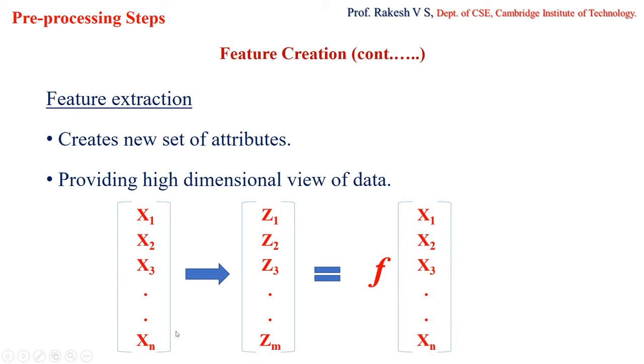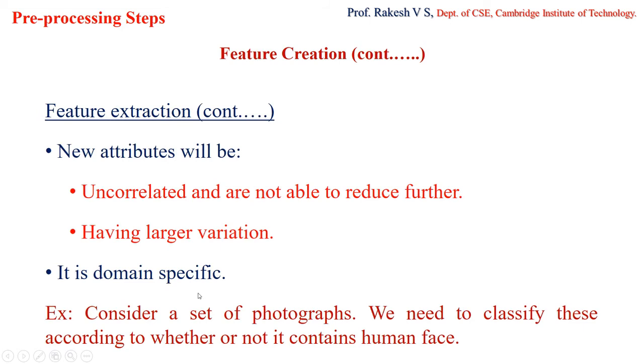So this is the original data, which is a lower level view, and this is the newly created set of attributes, which gives me the high level view. When I say low level view, high level view, we know that whenever the number of attributes is more, it means that we have detailed information, that is lower level view. And whenever the number of attributes is less, it means that some of the information is being lost, that is, we are having a high level view. The same thing is happening here. Initially I have n attributes, now I am having m attributes where m is less than n.